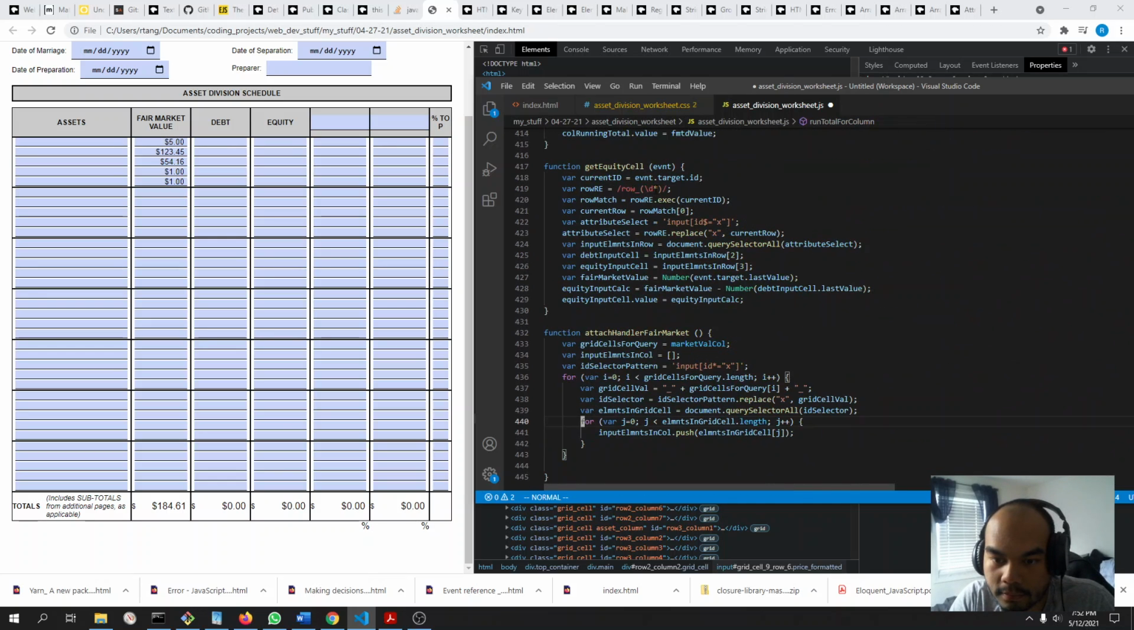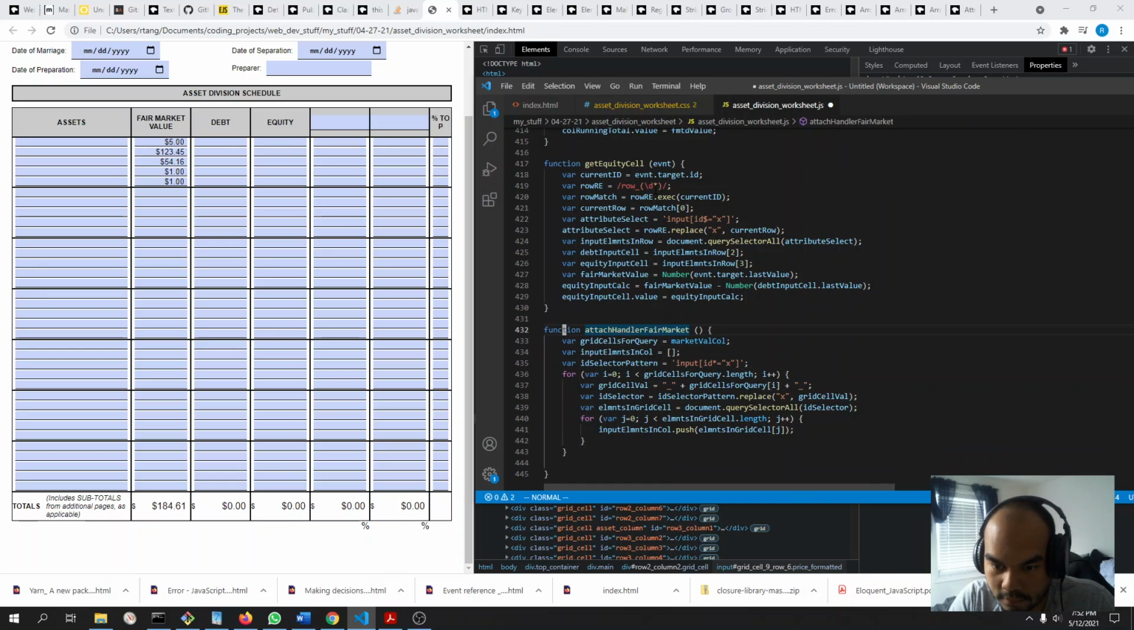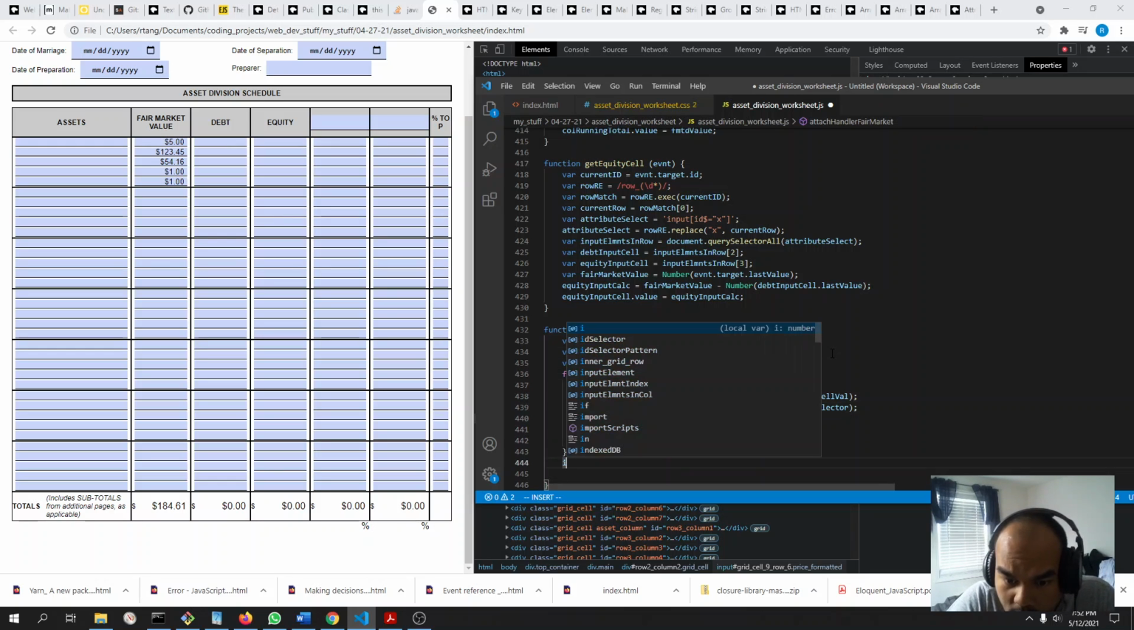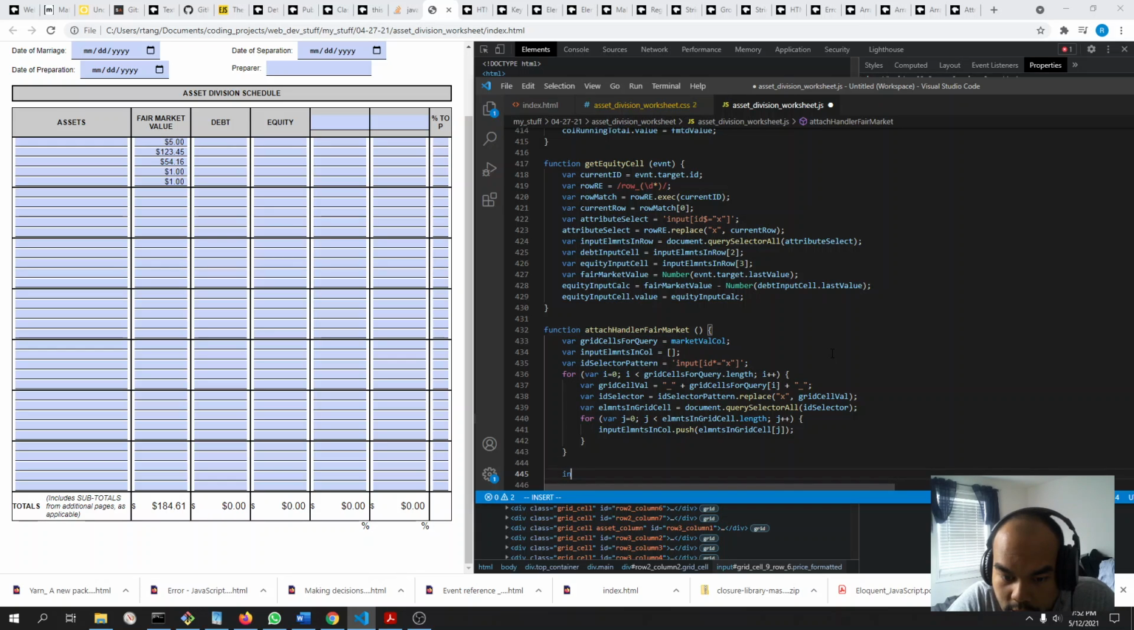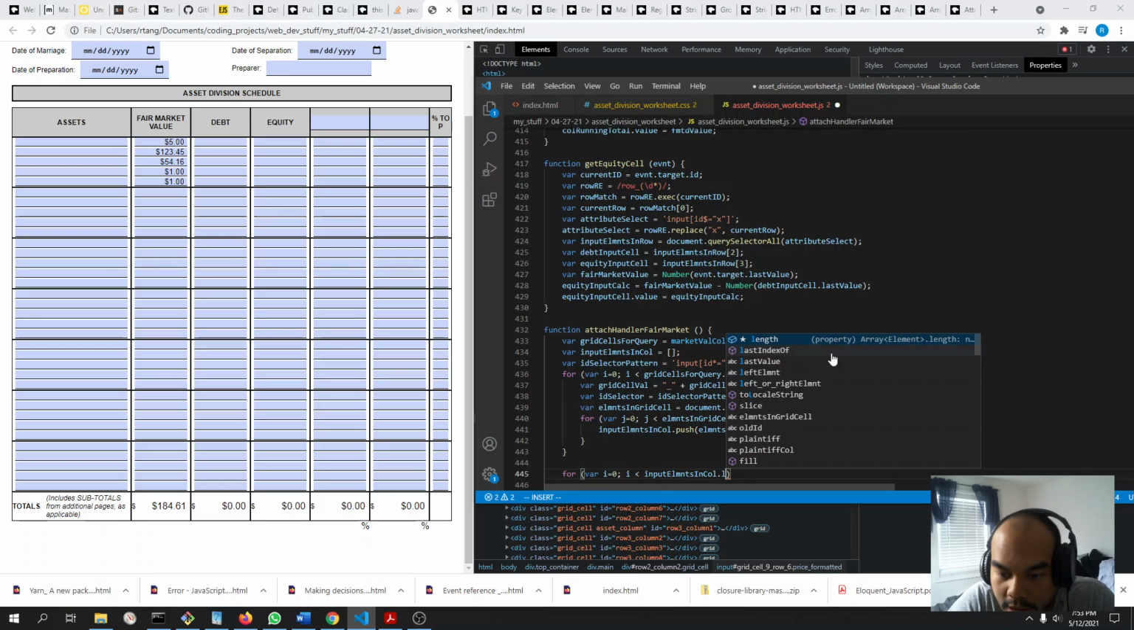So grid cells included, market value column, input elements in column. Alright. And then once we grab all the input elements in that column, we're going to iterate through it and attach this event handler. So input elements, for i less than input elements in column dot length,